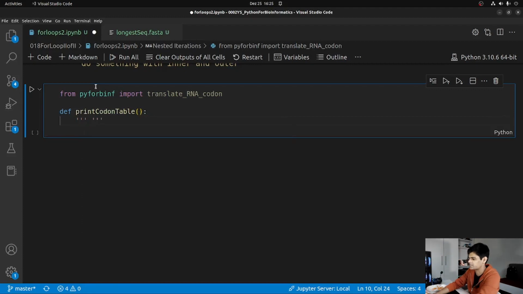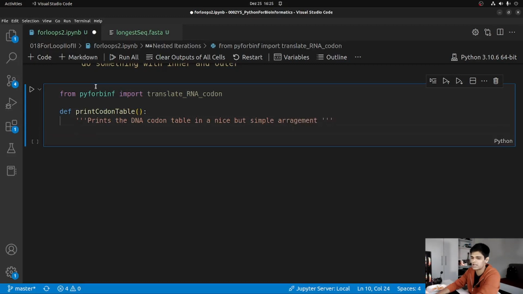I can add a docstring: print the DNA in a nice but simple style or arrangement. Okay, and we will start with our for loop. First for loop, for base 1 in